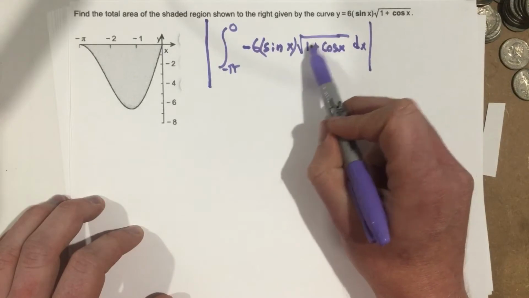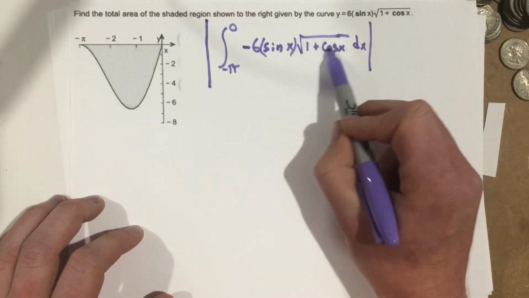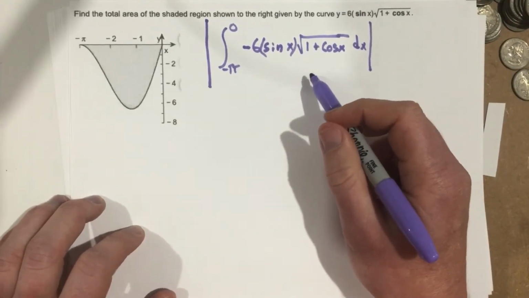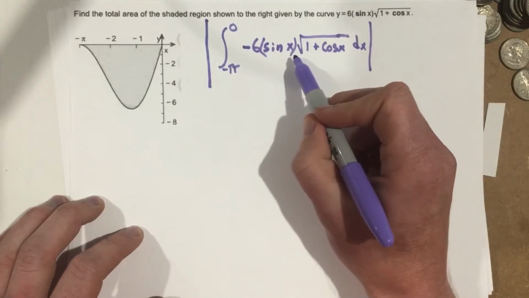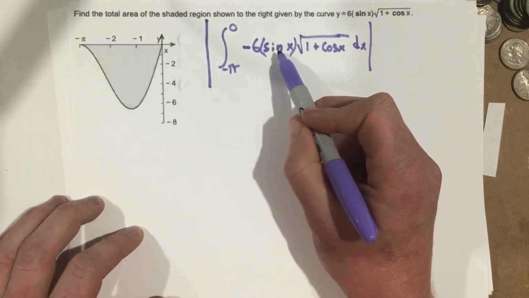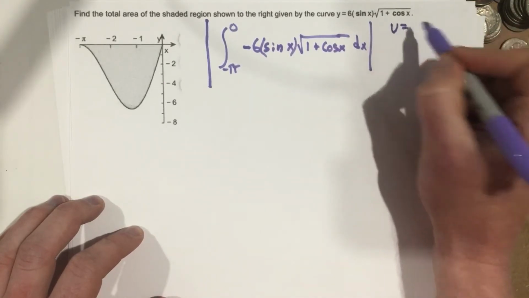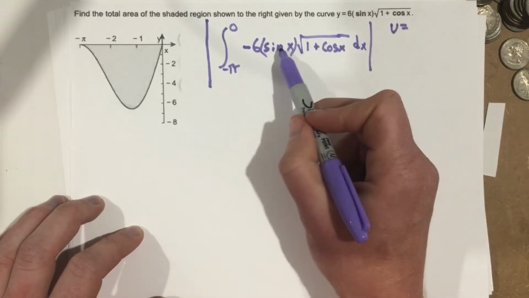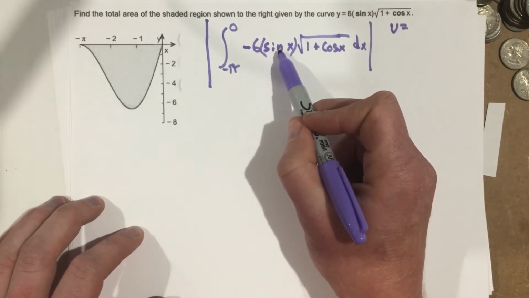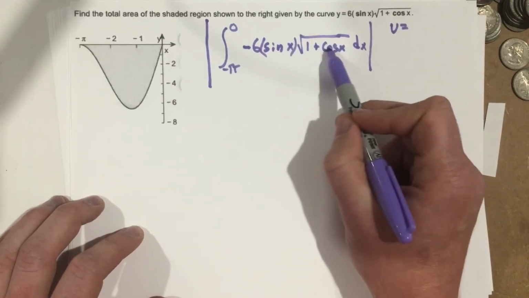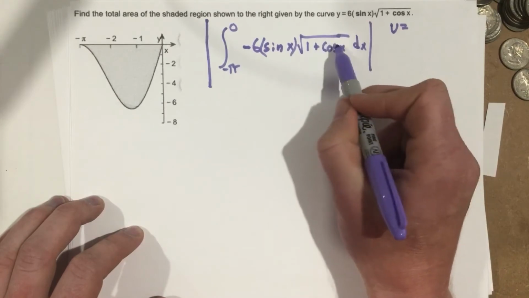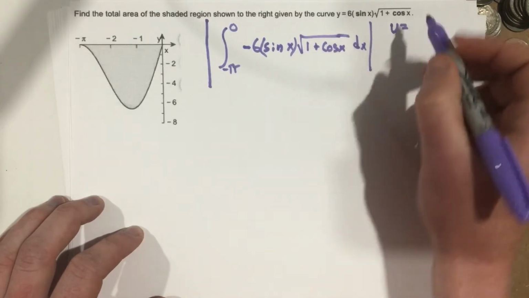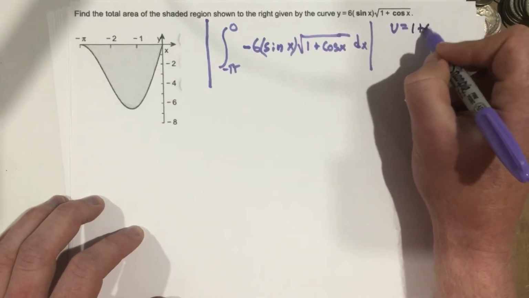You'll notice that we have a function inside of a function here, and we also have this function sitting outside. This is basically telling us that we're going to need to do some sort of substitution. In order to substitute, I want to look at, do I want to make my u value sine x, or do I want to make my u value 1 plus cosine x? Well, if I make u sine x and I take the derivative of sine, I get cosine, but that's not going to cancel this cosine because of the root. So I want to actually make u be 1 plus cosine x so that I can actually integrate this root. So u equals 1 plus cosine x,